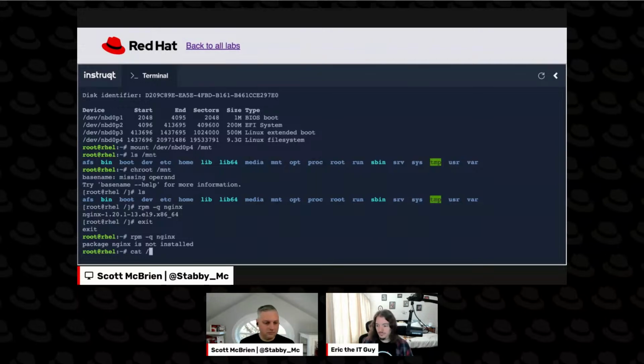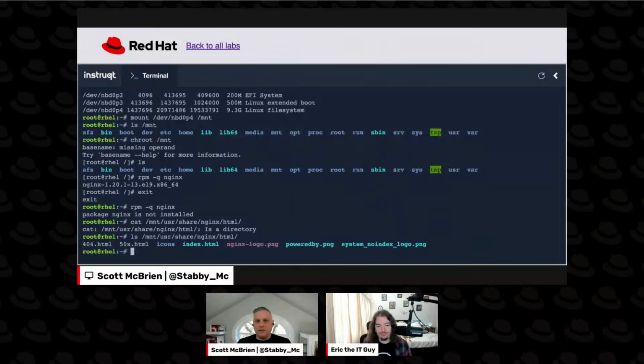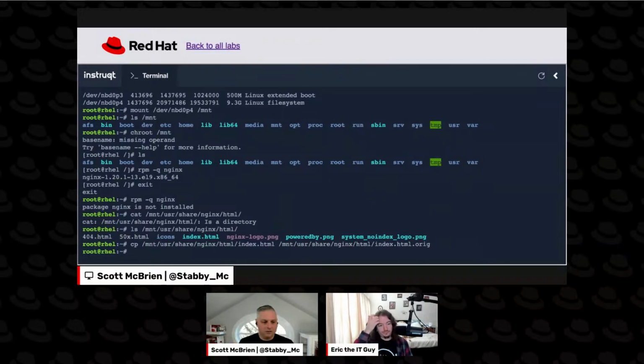Sorry, /mnt/usr/share/nginx/html. So these are the files that are inside of my document root for the Nginx service that's installed within this virtual machine. But maybe I want to make my own custom index.html. So I can do things like this. Right, so I moved it away. And then